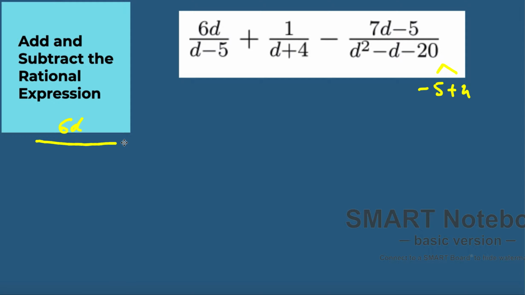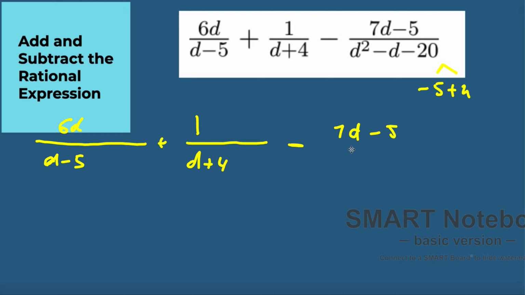6d divided by d minus 5, plus 1 over d plus 4, and minus 7d minus 5. But for the minus 7d minus 5, let us write in the factors here instead of d squared minus d minus 20. Let me write in the factors d minus 5 and d plus 4. If we are now looking for the LCD, the lowest common denominator for each of them,